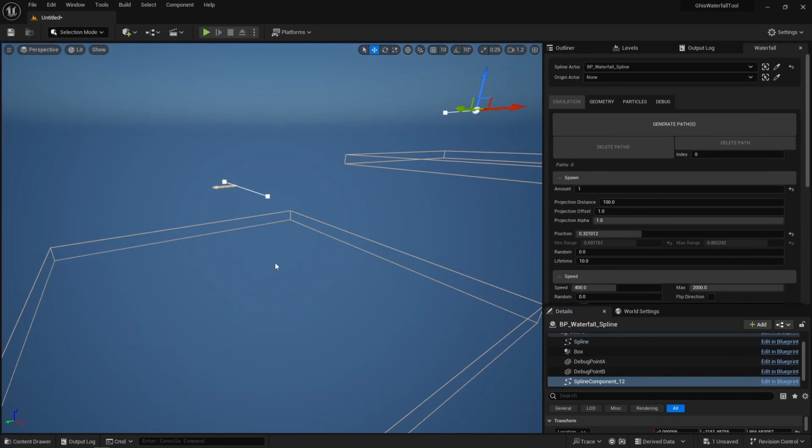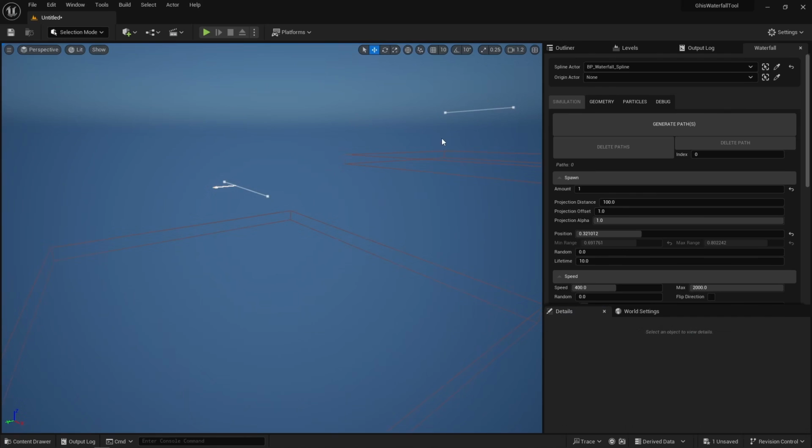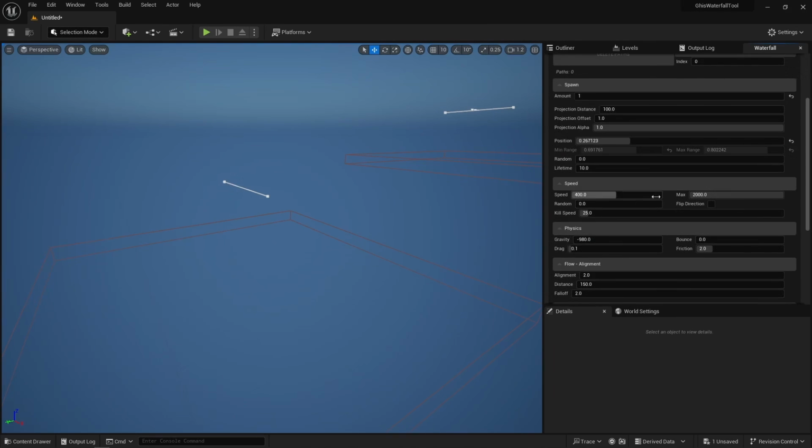Very cool. So maybe one here and maybe one there at a different altitude. Note that these position and range parameters are now quote-unquote spread over those two splines. So I can for instance choose to spawn a single particle anywhere on any spline. Sweet! Speed, max speed, speed randomization and flip direction should all sound quite straightforward, as well as gravity, bounce, drag